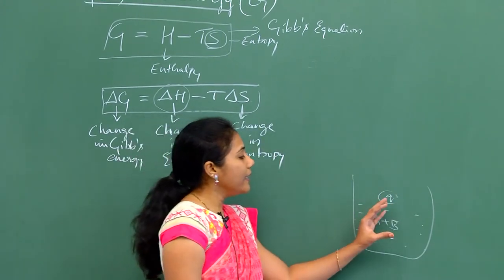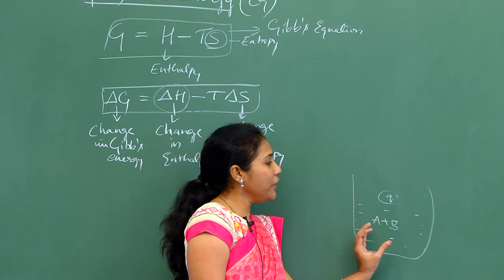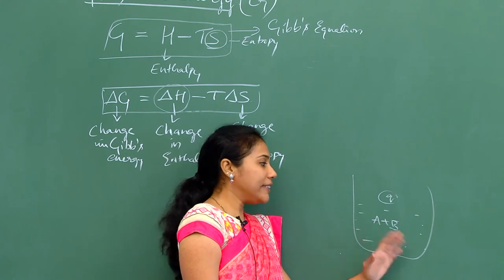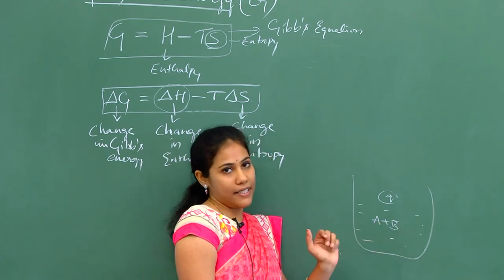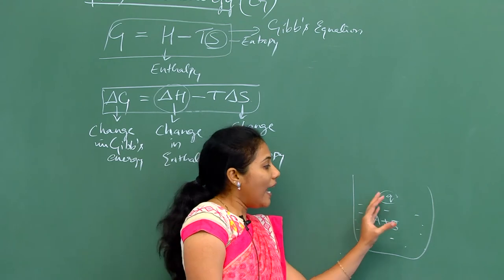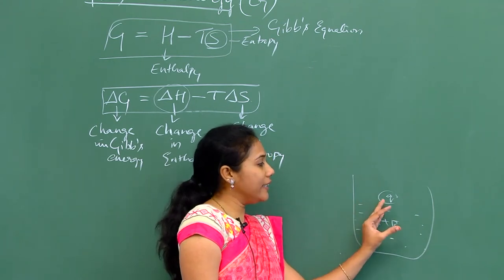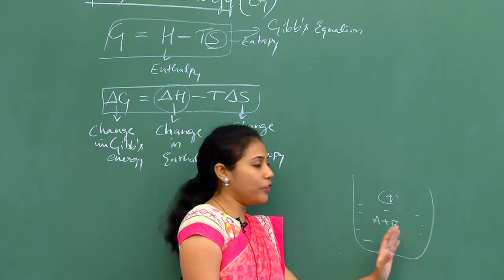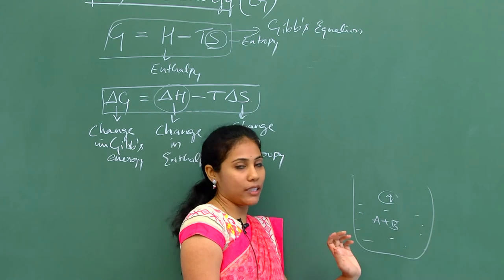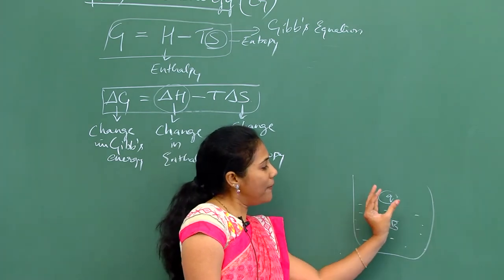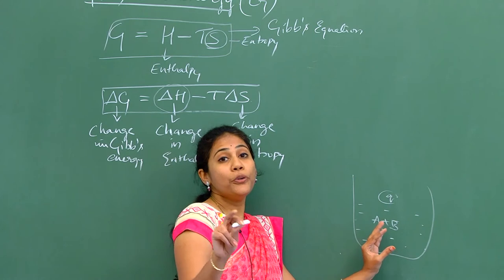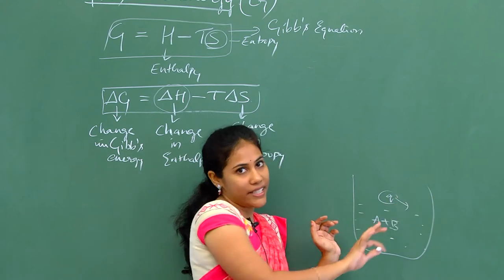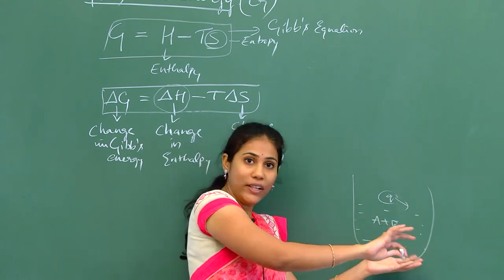Say if a reaction is using this heat content to undergo a change, then we can say this is actually a spontaneous reaction. Yes or no? Actually, among the total heat content, the total amount is not available for doing work, for doing work in the sense for a reaction to occur. Only some amount of heat is available to do a useful work. A little amount of heat will go to waste.